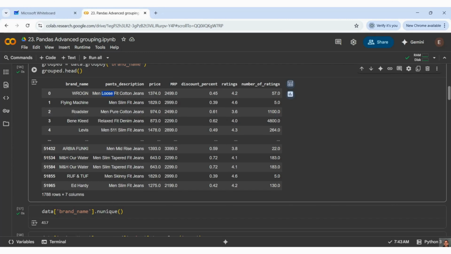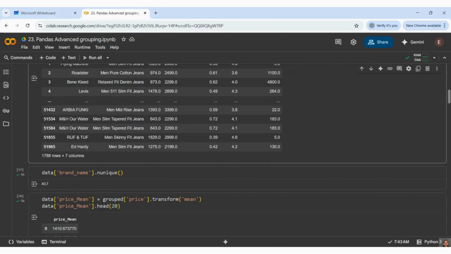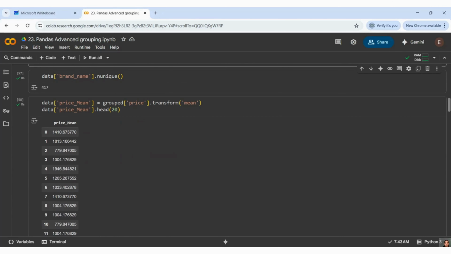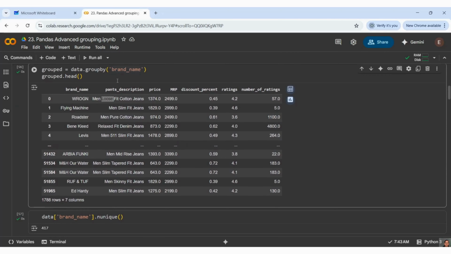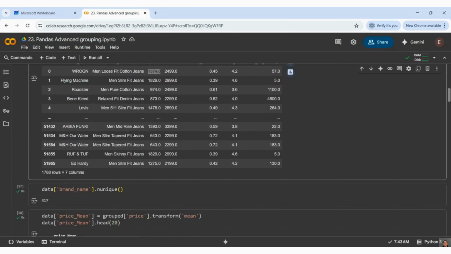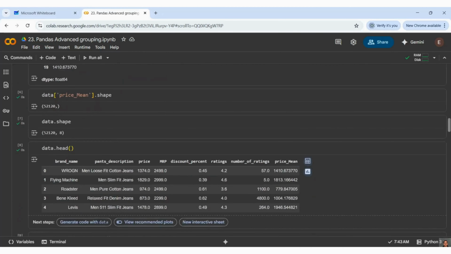If you do a count, you should be able to see how many we are getting, but we'll not go so deep there. When we are talking about Rogan, it will take all prices of Rogan, how many pants are there, and it is giving me the mean of those prices. This is what you are able to see.